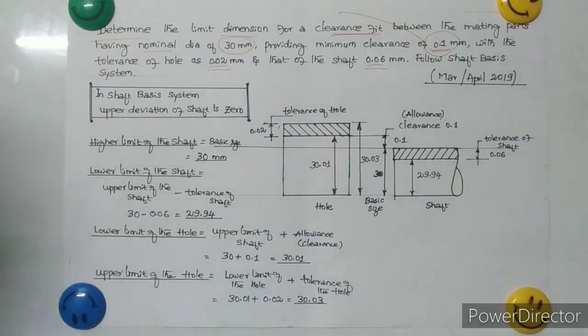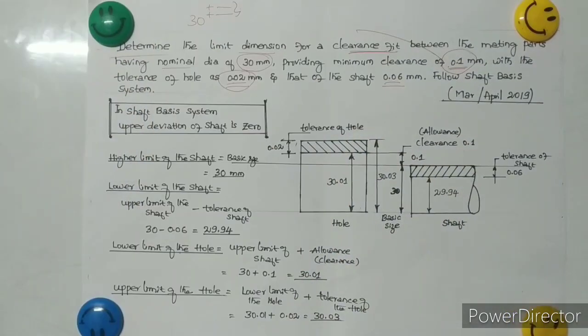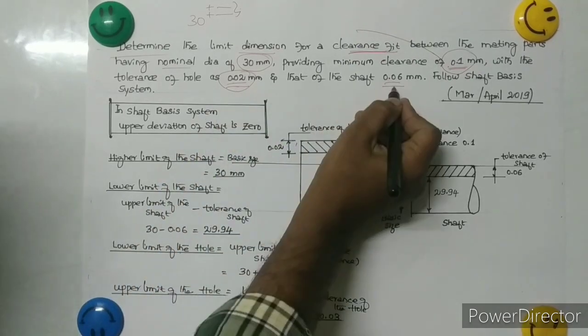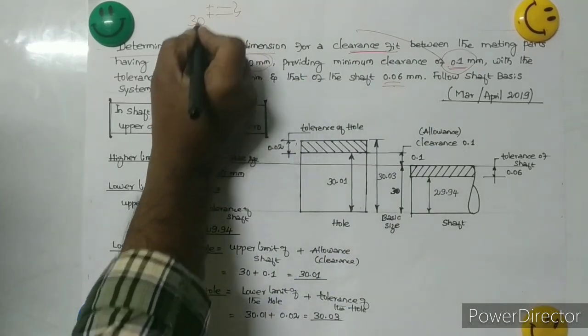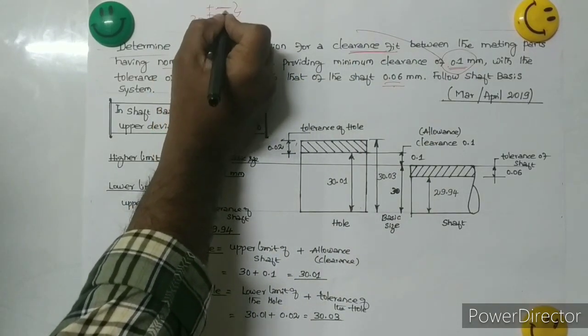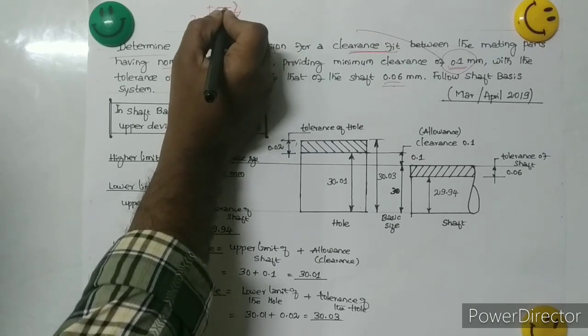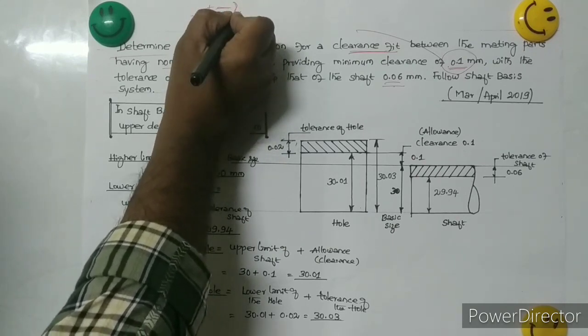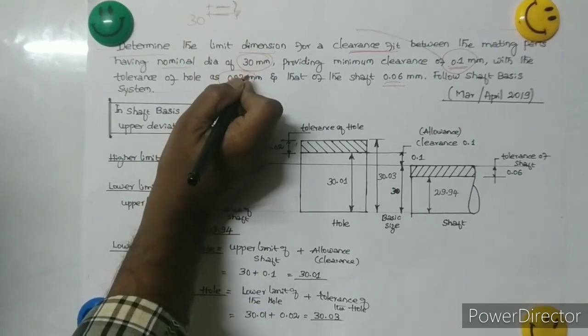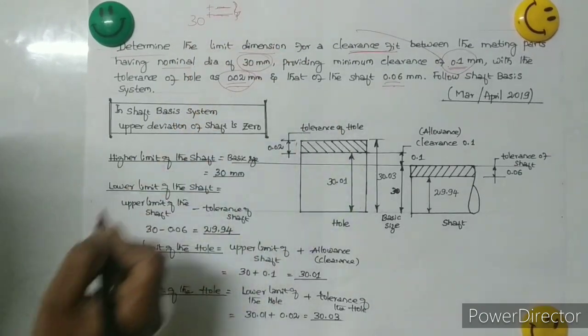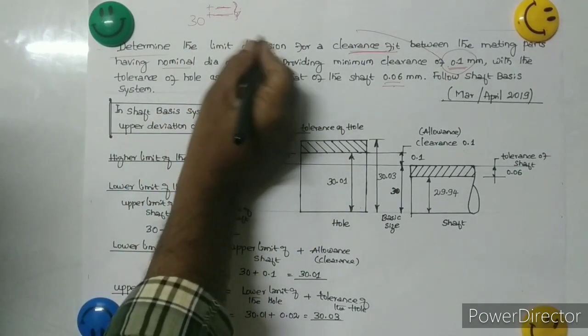is 0.06. That means in the other problem the nominal size is given, and the tolerance is also given here, the hole tolerance and shaft tolerance. That is what I was explaining here. Earlier they gave the tolerance size and we had to find the deviations, so the upper limit and lower limit give the tolerance. Here it is directly given. What do you have to find out here? Determine the limit dimensions.